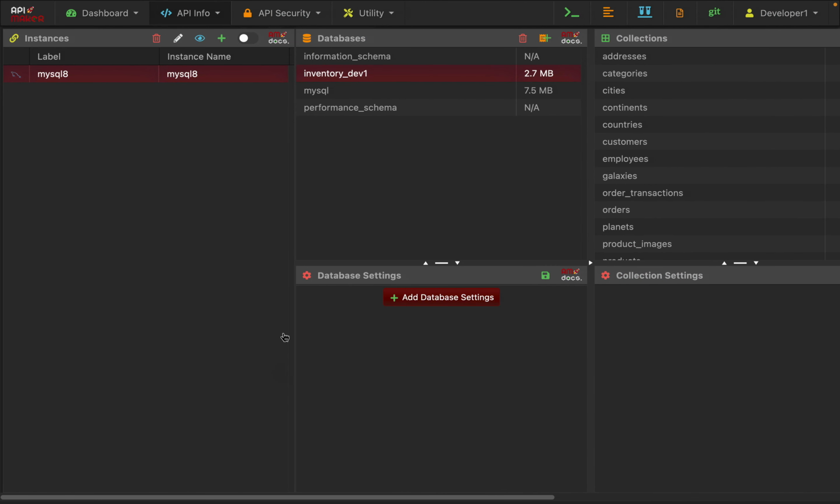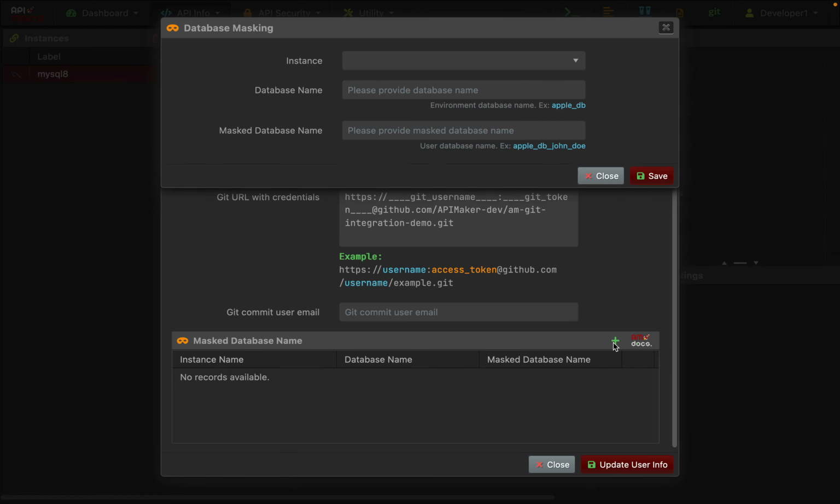For that, let's say I've already created this MySQL 8 instance, and this user has access to only the inventory_dev1 database because this is developer 1 account. But the installation is the same. So to make this database as inventory, we can open the user info. Here we can select our instance name, our database name. Let's say this is environment database name, so it will be common name inventory, and mask database name, so specific